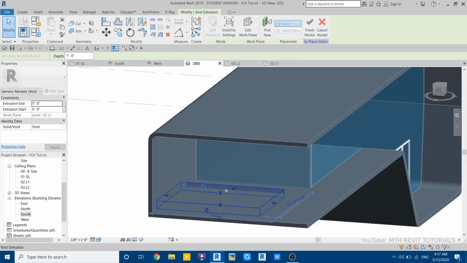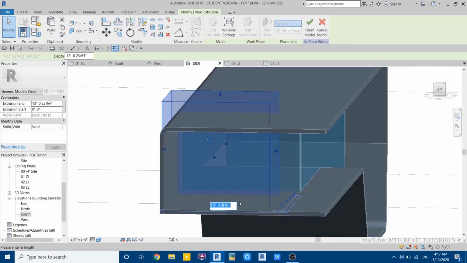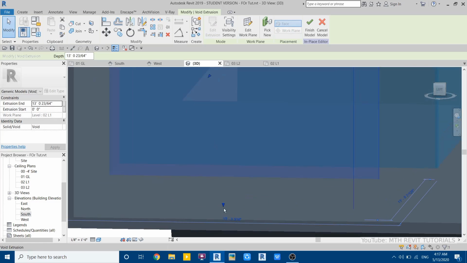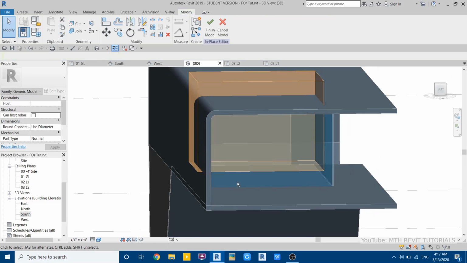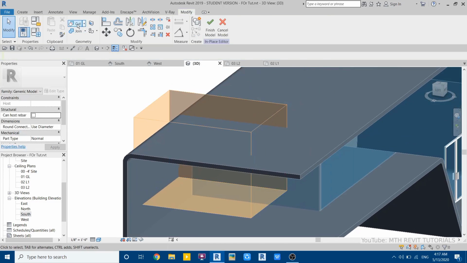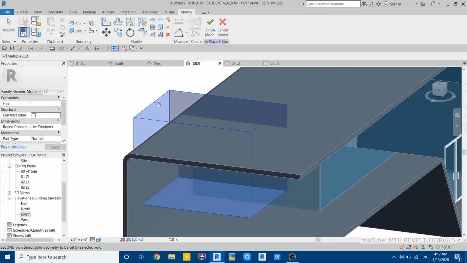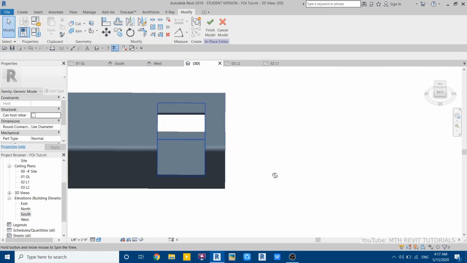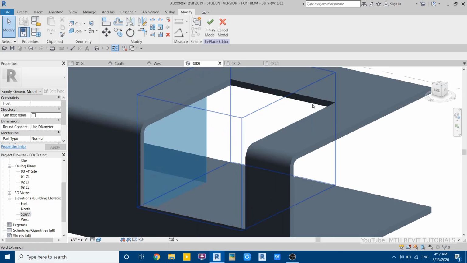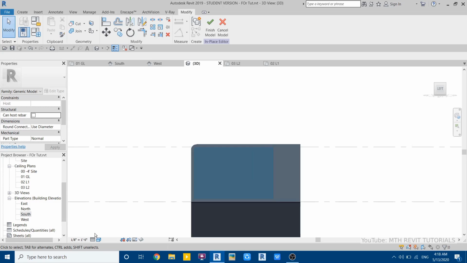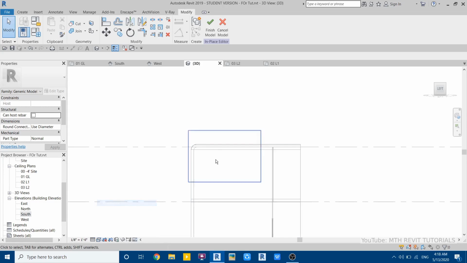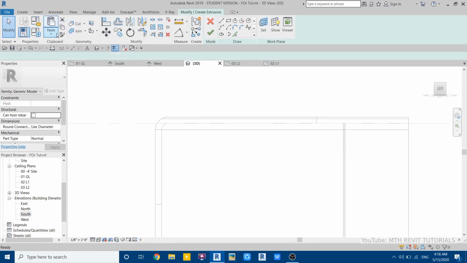Now use this handle and just take that through the roof. And on this side just take that out a bit and cut. Use cut geometry, then select this void and then this roof. So we have created this opening, and now we can create the glass here, and for that we will use extrusion. Go to left view, change the visual style to wireframe, and go to create extrusion,